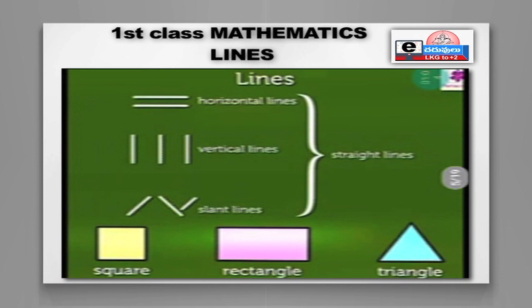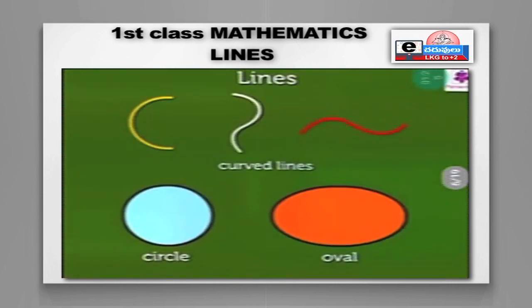Yes or no? Yes. With the straight lines we made house shapes, and with the curved lines we can draw a tree, sun, like this. All those diagrams we can draw based on these lines: slanting lines, straight lines, vertical lines, horizontal lines, all these. Okay, let's see the curved lines.